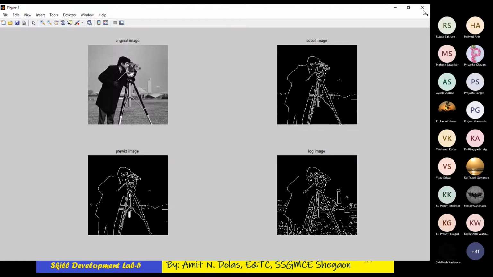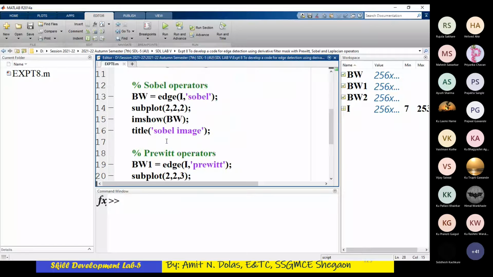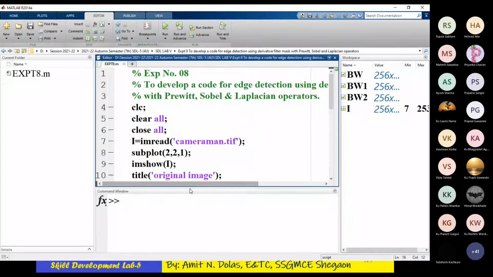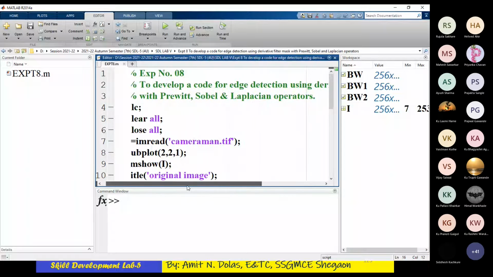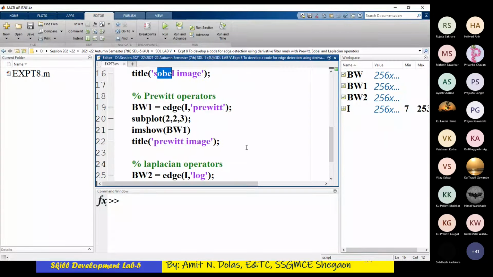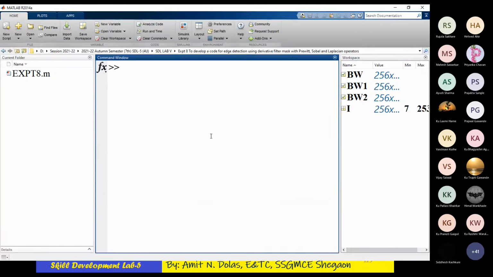So here, of course, depending on the application, we have to judge or decide which edge detection filter is to be used, or which derivative filter mask is to be used. Again, in certain applications, you do have vertical lines and horizontal lines after detecting edges, so you may eliminate certain ones by using certain functions.